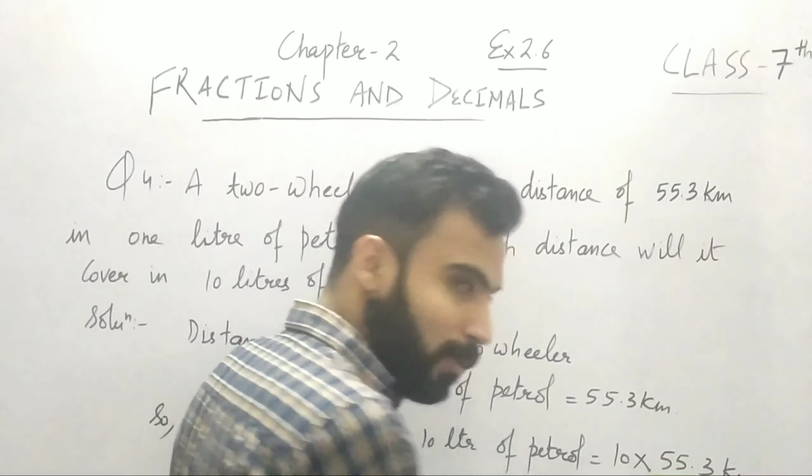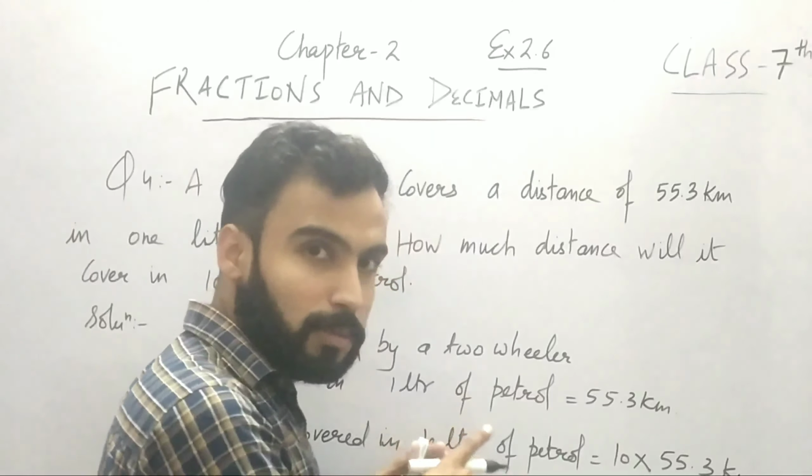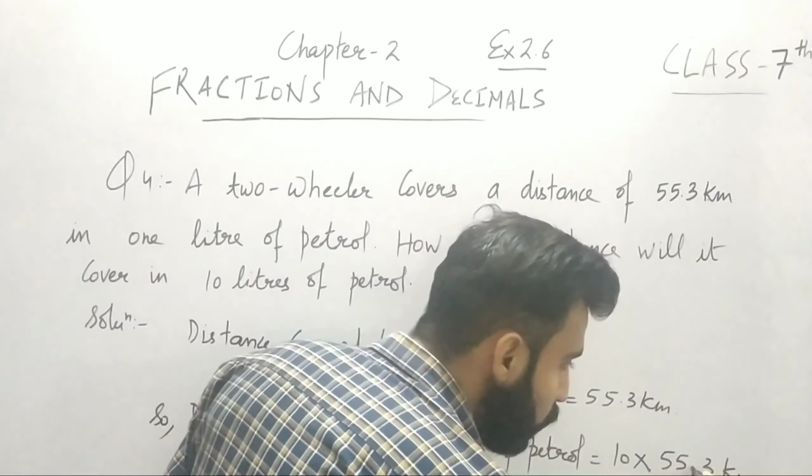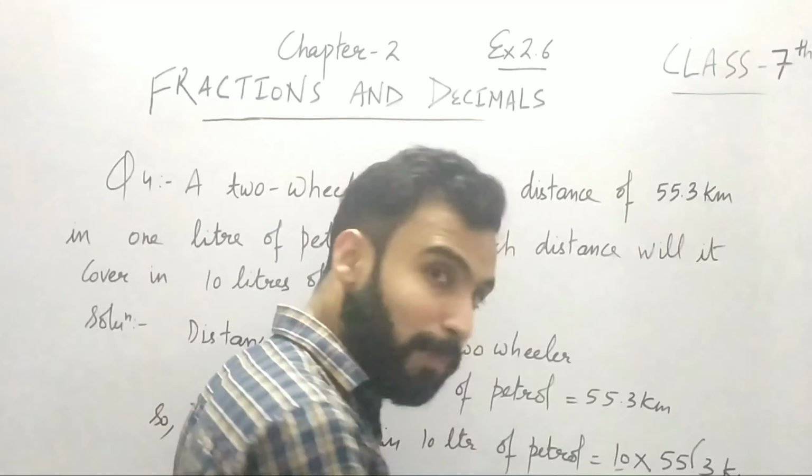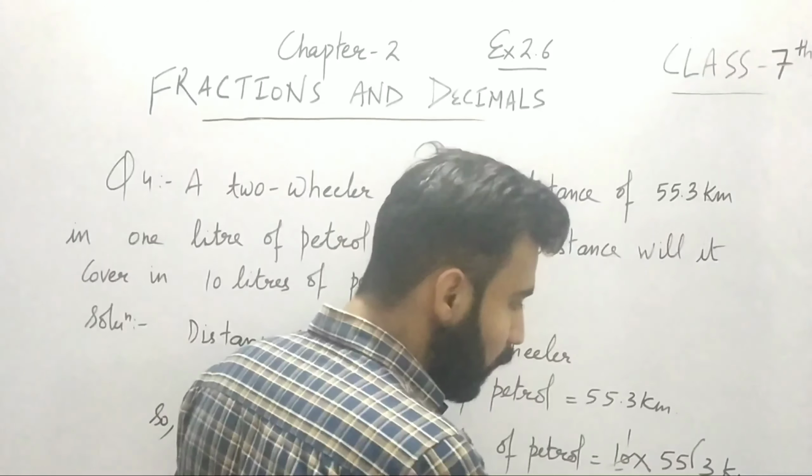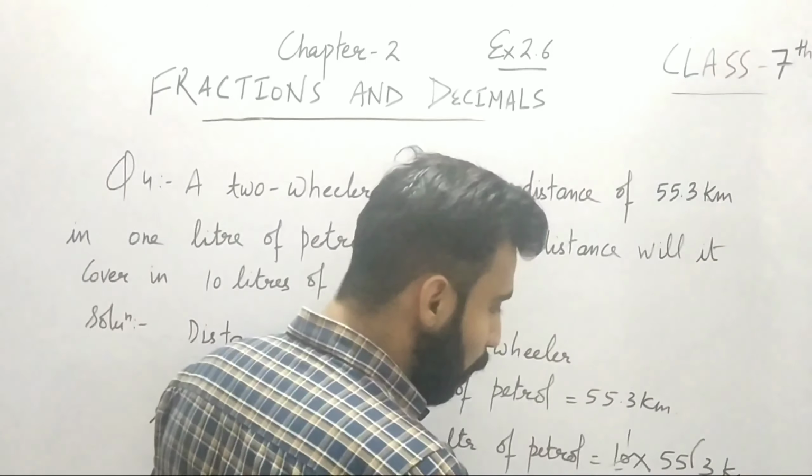Now how to multiply a decimal value? Just as in the previous question I told you, observe that after the decimal there is only one digit, right? So if I remove this decimal, in the denominator only 1 0 will come, that means 10, right? So if you observe, both the values are the same now. So if I cancel 10 with 10, then directly I'm getting a whole number value,